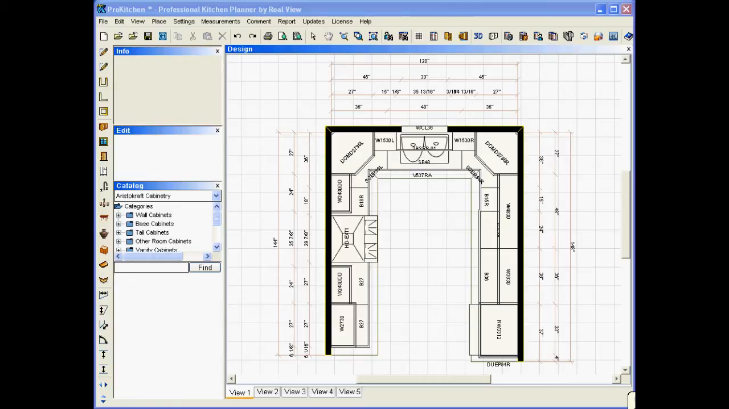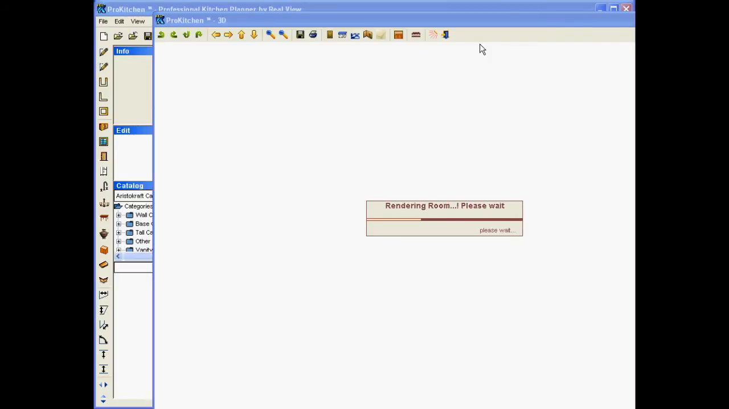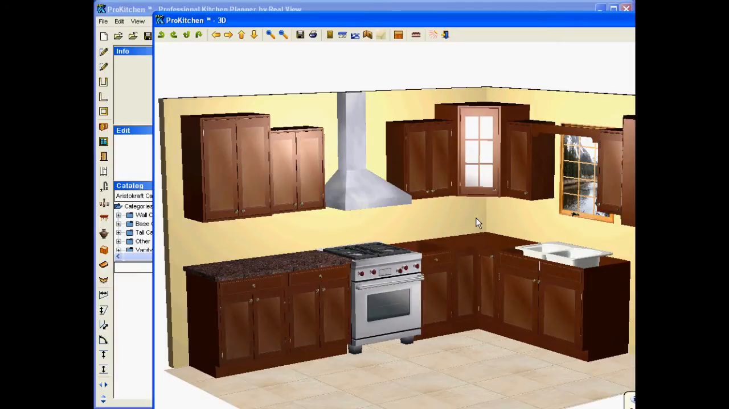We're going to take a quick look at the new selection of pulls that we offer in the 3D views. So we're going to generate a 3D view here for starters. Okay, so now that our 3D is generated, we're going to go up to our cabinet icon and click on that,